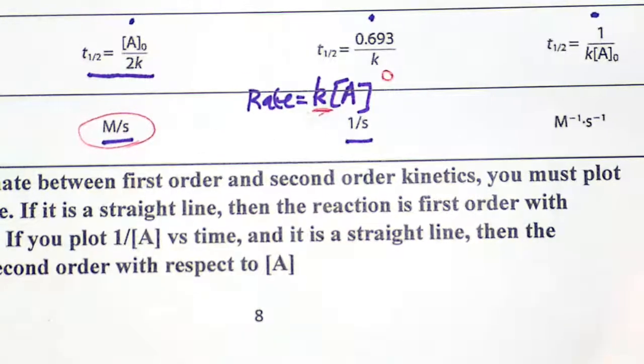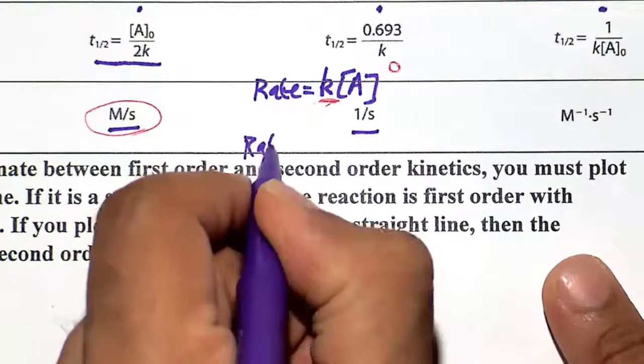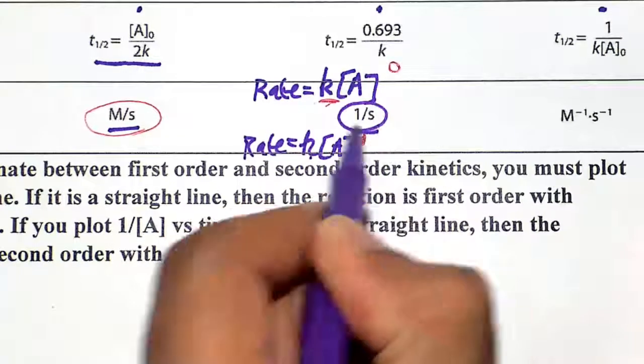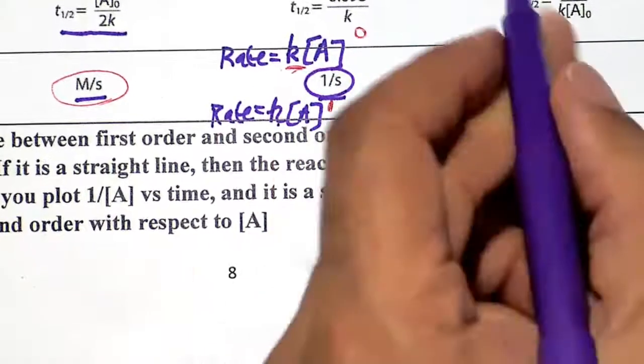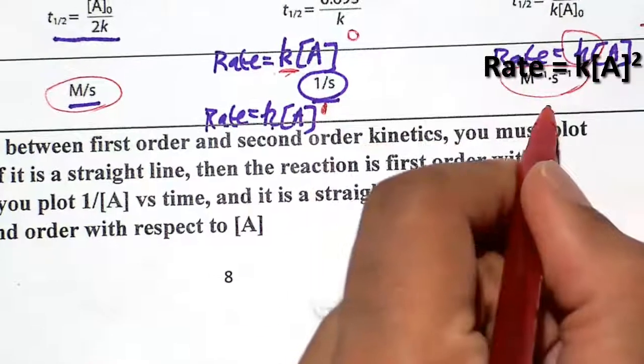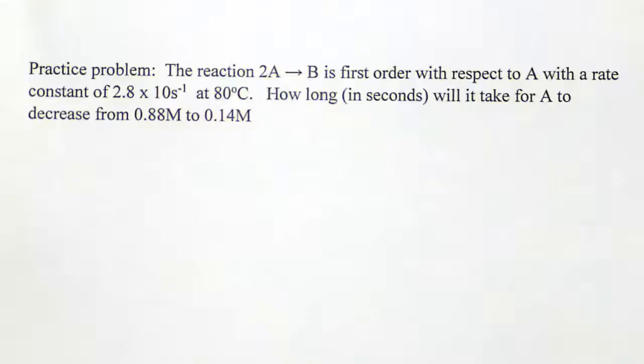If the rate law is this, then the units of K are going to be 1 over second. And then finally, if your rate law is this, that proportionality constant is going to be 1 over molar times 1 over second. This practice problem here: the reaction 2A goes to B is first order with respect to